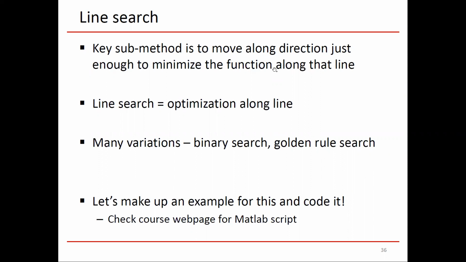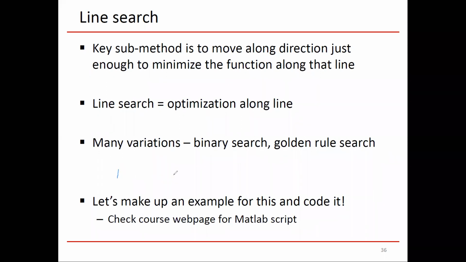So one such variation is binary search. Suppose that somehow, doesn't matter how, you were informed that the optimum along this line, and I made a squiggly line, but imagine that it's straight, is somewhere between x and y. So what do we do? We look at the point straight in the middle, z, and we ask, is the value of the function larger than the value at x, larger than the value at y? What's going on here? So we evaluate f of x, f of y,